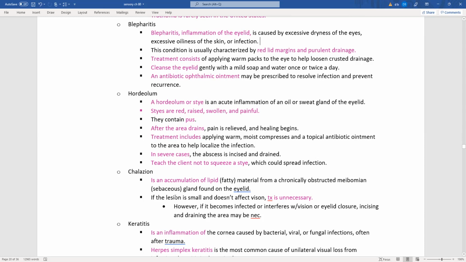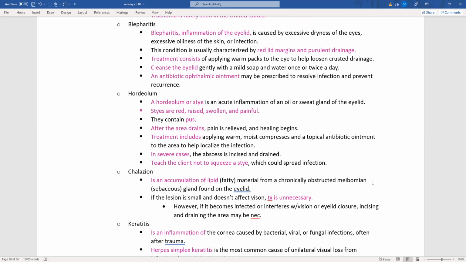Anywho, chalazion, I think that's the word, is an accumulation of lipid, which is fatty material, from a chronically obstructed Meibomian gland, which is a sebaceous gland found on the eyelids. So I guess it's a fatty material, like it's oily. So it's an accumulation of lipid fatty material from a chronically obstructed Meibomian sebaceous gland from one of the